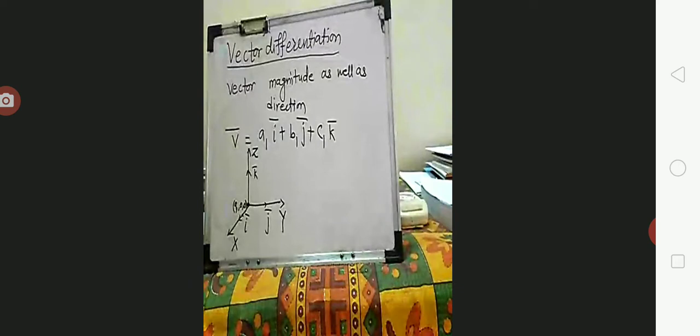Earlier, in the case of velocity and acceleration, you have come across such vectors where it was a function of only one variable, the time variable. You take the derivative of that vector and calculate the velocity. You can calculate its magnitude, which is the actual speed, and the acceleration, with the direction, by keeping the i, j, k components as they are. So here we first do the basic part of vectors and then go ahead. We can define the vector like this.